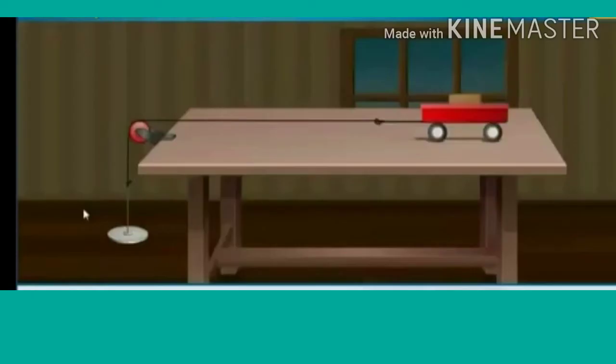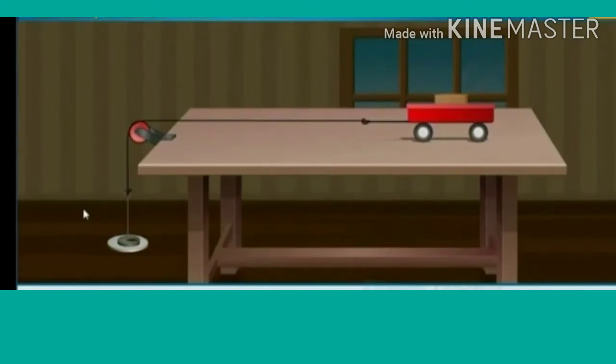Observations. In this, we have observed that the trolley with the wooden block on it comes into motion towards the left with an acceleration while adding weight on the weight hanger. Here, the wooden block is in motion with respect to the surface of the table, but it is at rest with respect to the surface of the trolley.